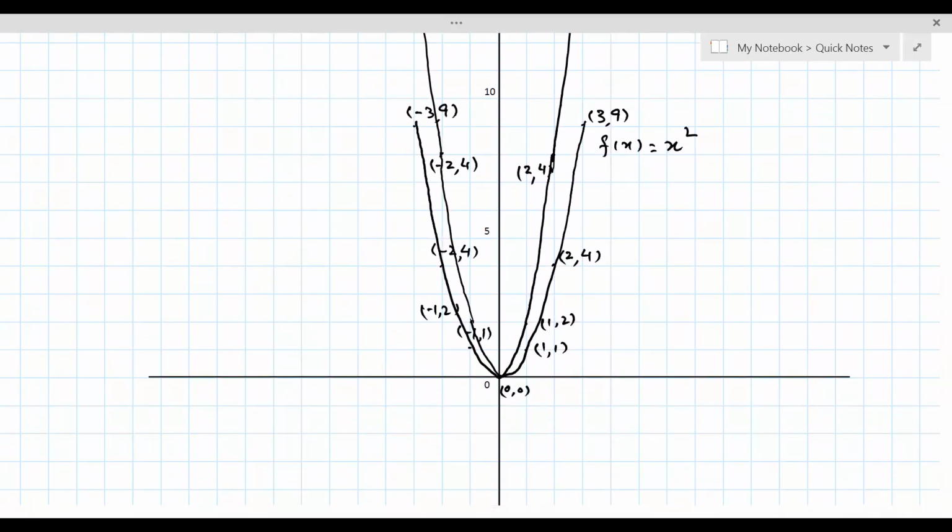So now let's take a look at those values. Here the vertex is still at the origin because 0, 0 is a point on there. If we take a look at the positive values, instead of 3, 9, now we will have 3, 4.5. So 3, 4.5 will be right here. This will be the point, that is 3 and 4.5. So that is this point. And 1, 2 will become,